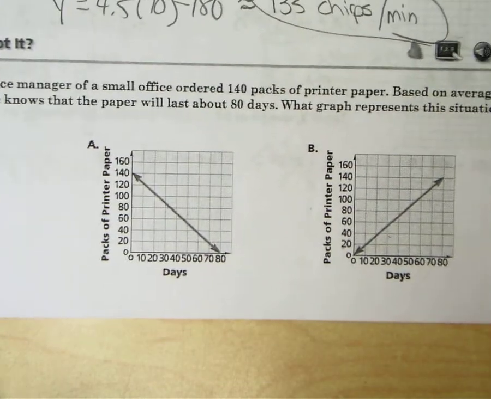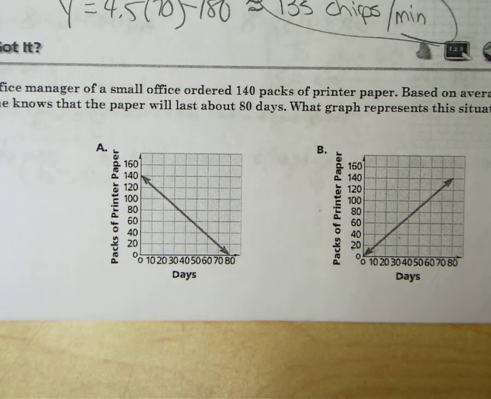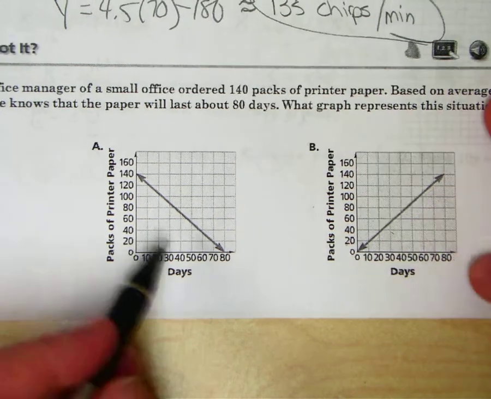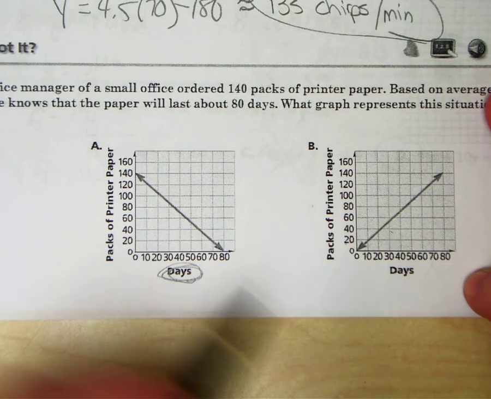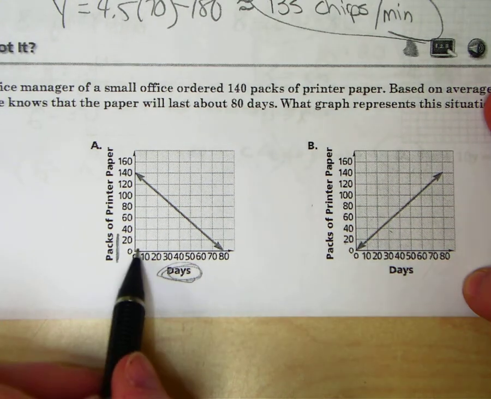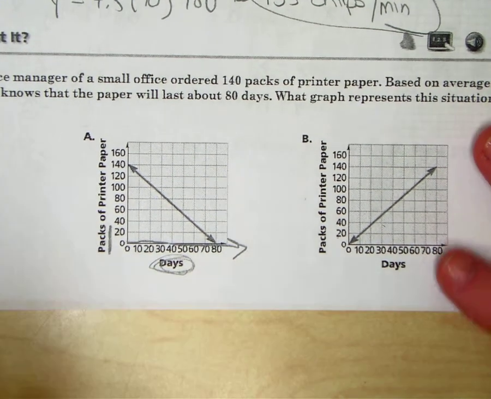If you look at the next problem, it says the office manager of a small office ordered 140 packs of printer paper based on average daily use. She knows that the paper will last about 80 days. What is a graph that represents this situation? You need to think, is it going up or is it going down? As the days increase, what happens to the packs of printer paper? As the days increase, will the printer paper go up or down? If people are using it, it's going to